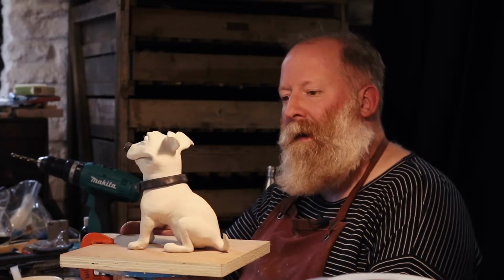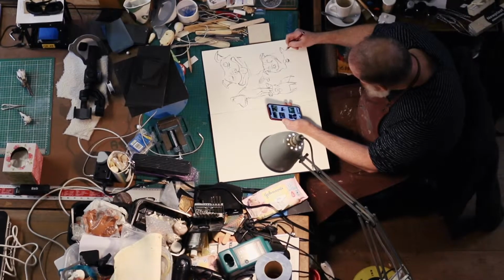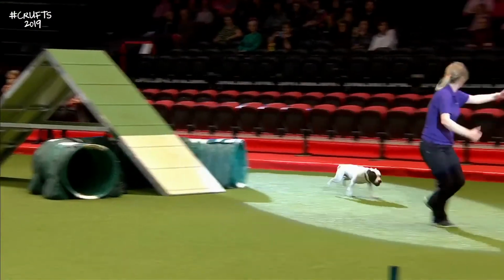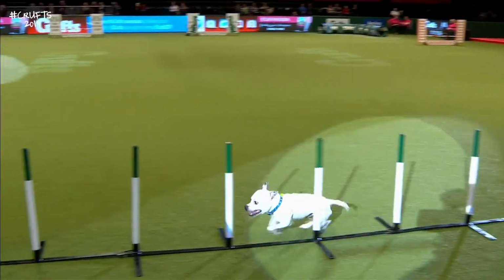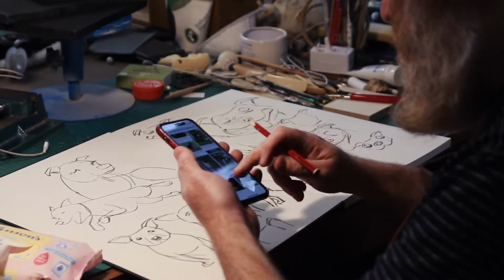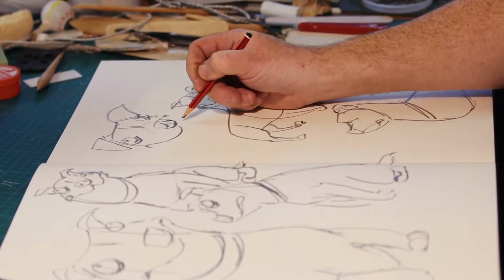For me, to make something like this, it's a fairly standard process that I follow. So it really all starts with a sketch and a theme. For this one, I've been watching the Crufts show and was really rather taken with the Staffordshire Bull Terrier agility classes, and something quite bulky and quite crazy looking. Kind of being involved with that was quite an inspiration. So looking at pictures of Staffordshire Bull Terriers and looking at the character, making a few sketches, and then taking